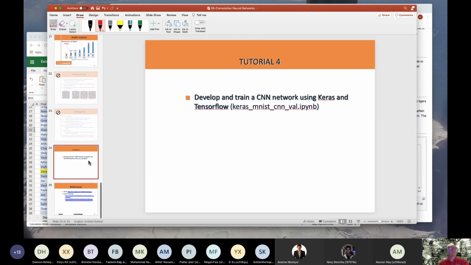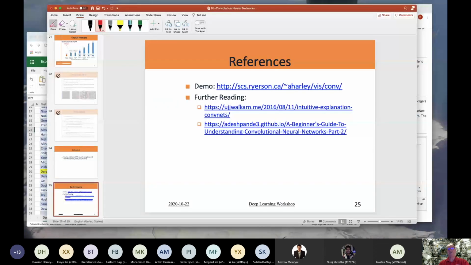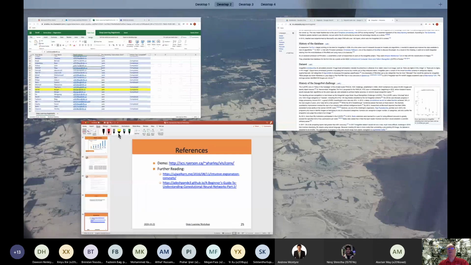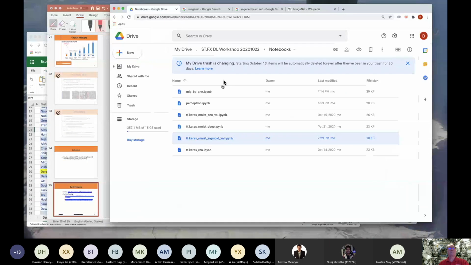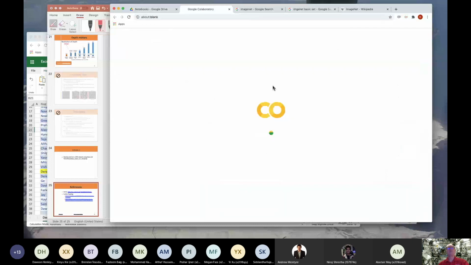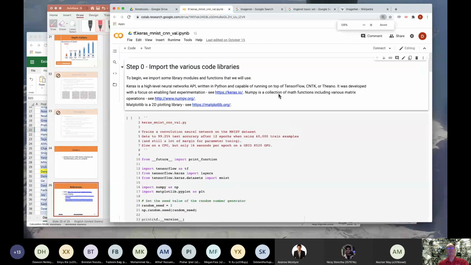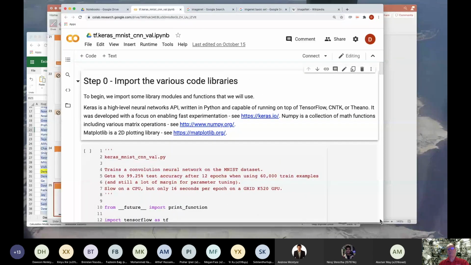So let's jump over to, just before I leave this, at the end of each one of these sets of slides, there are some additional reference bits here for the keeners who want to kind of look ahead. Oops, sorry, let's go back here and go to MNIST. And make sure I make this a little bit bigger. Hopefully that's better.